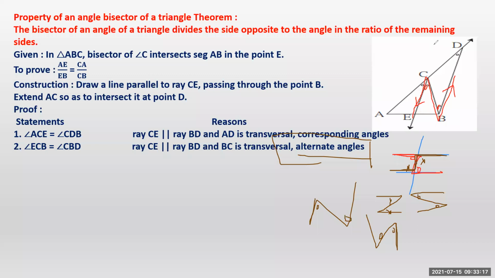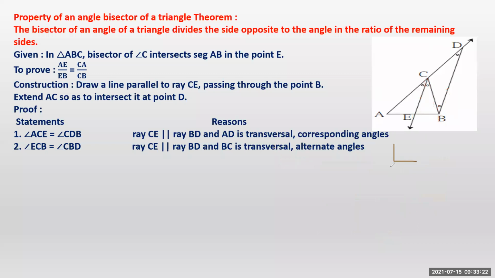And for corresponding angles, which shape are you going to remember? For corresponding angles, check, double L, angles on the top of the line, or the angles at the bottom, F. Understand? So check here, yeah, angles on the top. Okay, they are the corresponding angles. So you've got one pair of corresponding angles, and you have got one pair of alternate angles.